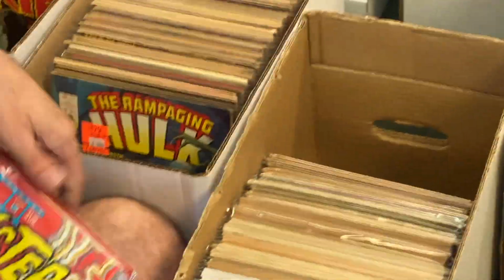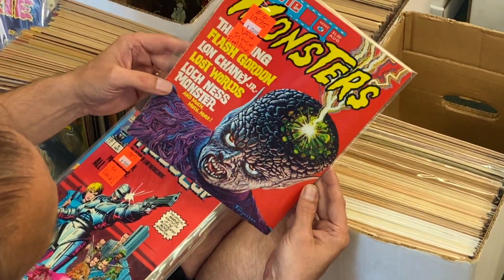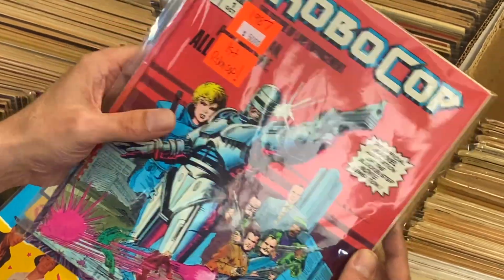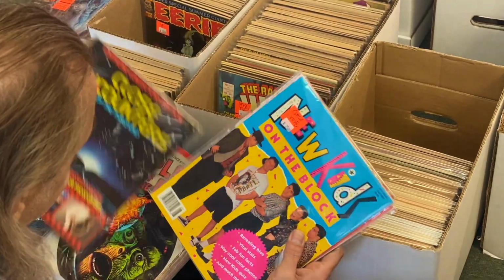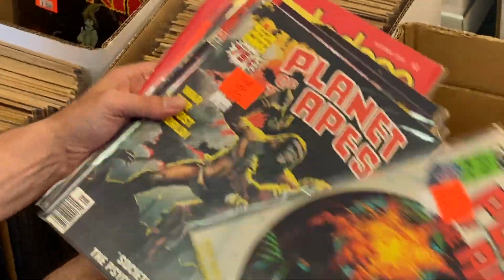These are more Marvel ones. When it has a K, that's a Marvel one. But look at that beautiful one. Oh, first appearance of RoboCop, bro. Besides the movie, well, yeah. Oh, we got this. Oh no, hanging tough. This one's a hard to get one. Probably hard to sell too, bro. Yeah. Oh, some counters. Then you get these cool Planet of the Apes ones. They're kind of hard to get, but